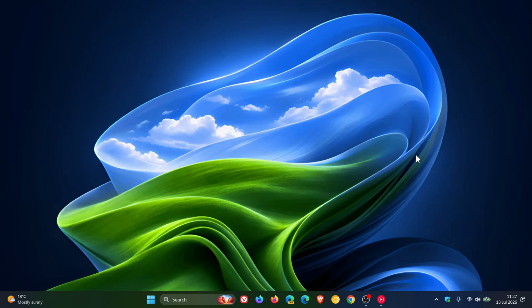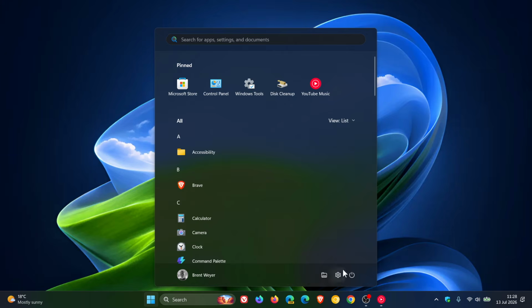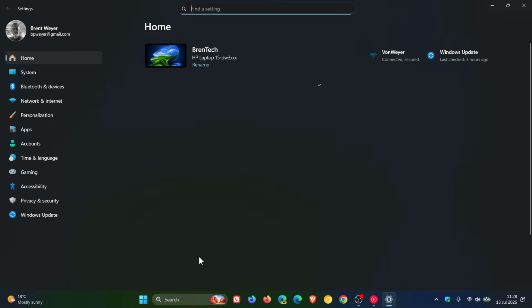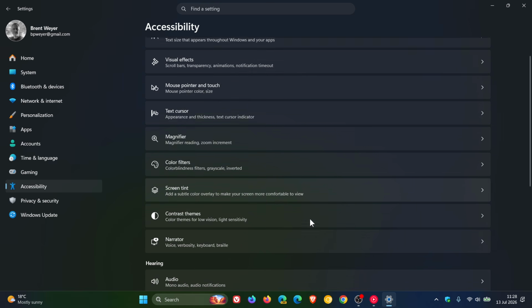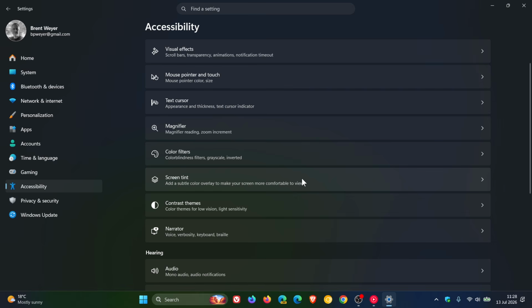And one of the new features rolling out, as we have been discussing over the last while on the channel, is a new accessibility feature called Screen Tint, which didn't roll out initially with the update when it rolled out towards the end of last month. But I have noticed today that if we head into my settings and we head over to the accessibility page, Screen Tint has now become available. And that seems to have been enabled overnight in my part of the world on my